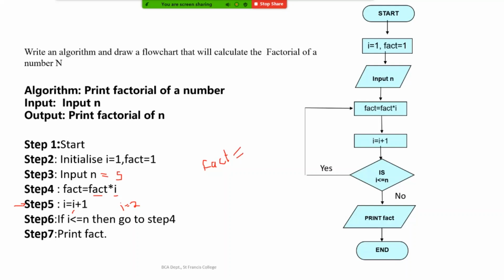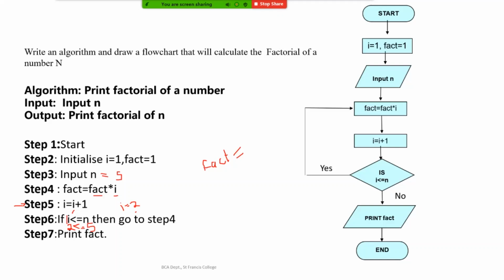Then it will check the condition. Can anyone tell what this checking will be? The current value of i is 2, and it will be checking whether it is less than or equal to n. The n value we entered is 5, because we are trying to find the factorial of 5.